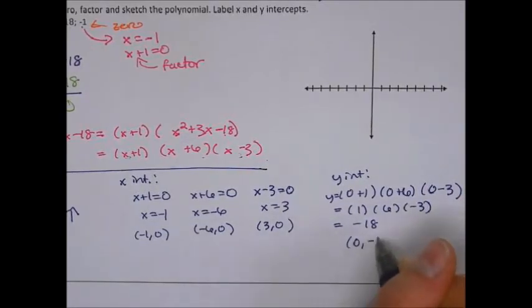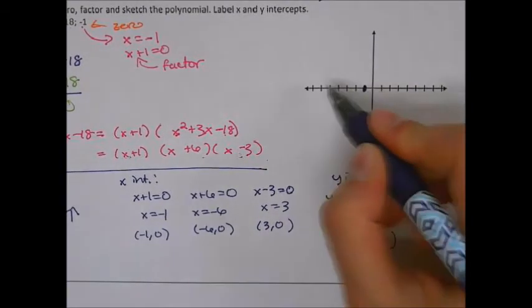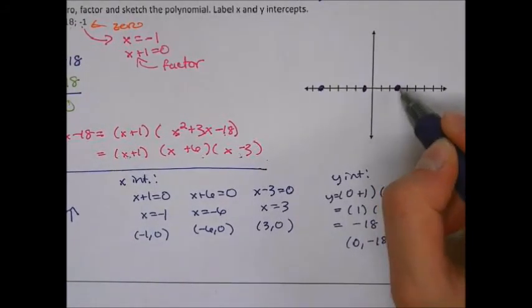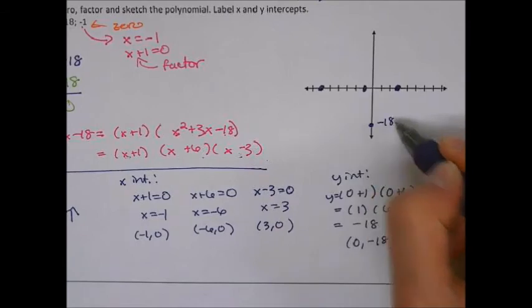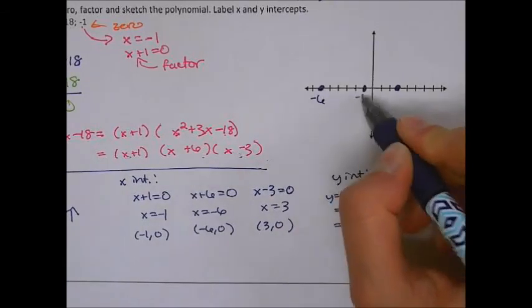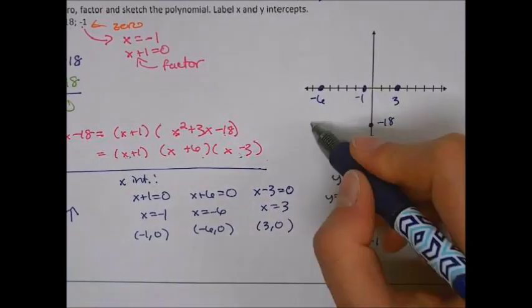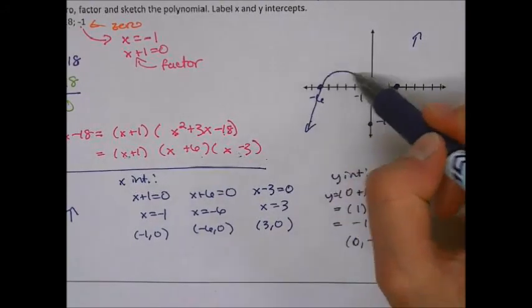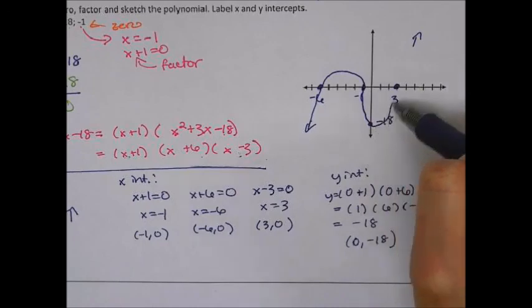So our intercept is at 0, negative 18. I'm going to go ahead and plot this. Negative 1, negative 6, 3, negative 18. And we're down, up. So I'm going to connect like